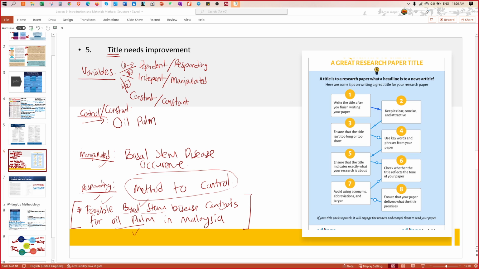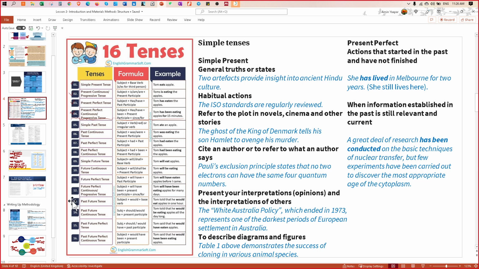You have learned how to write it. But since this is your proposal, you cannot use the past tense because that hasn't been done. You need to use future tense. If you go to slide number 4, future tense, that would be number 9 until number 14.